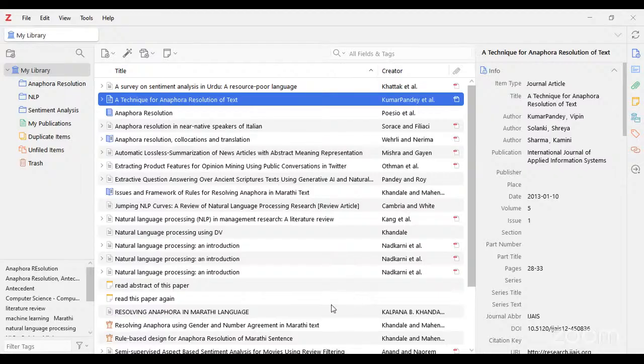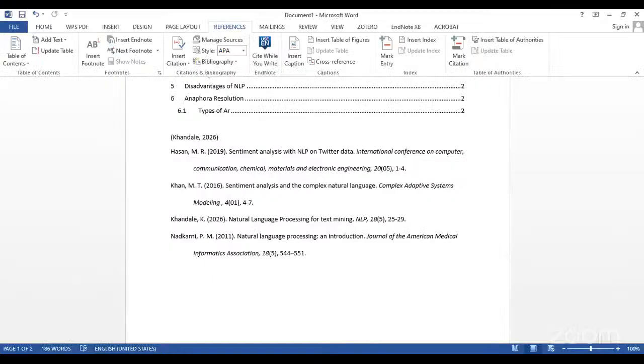go to your Word file. To my Word file, and again I will open one more file.